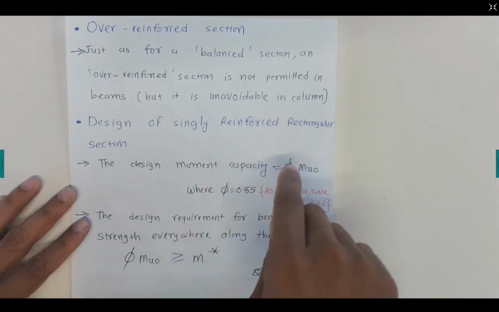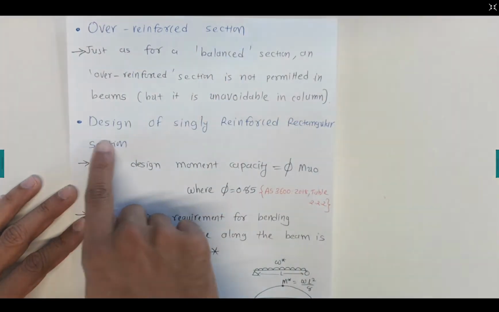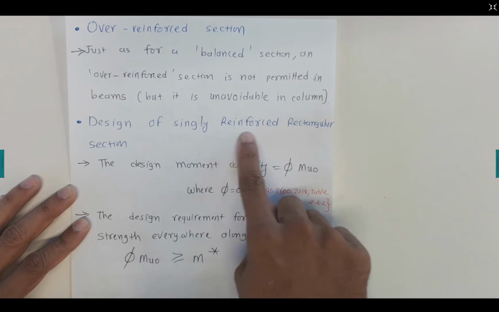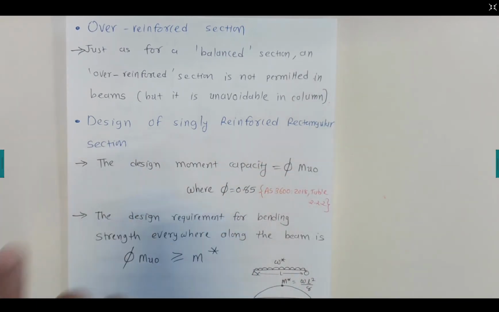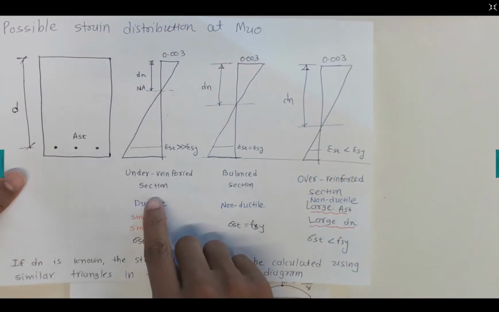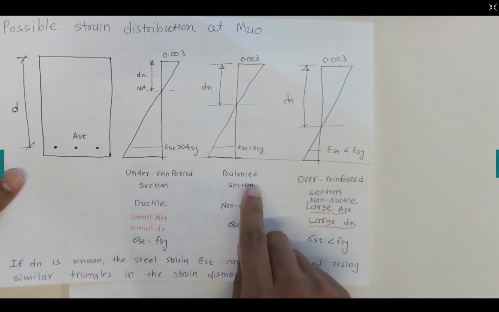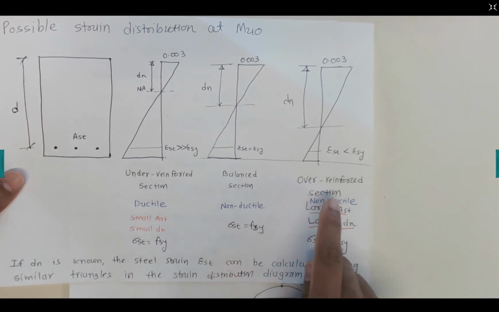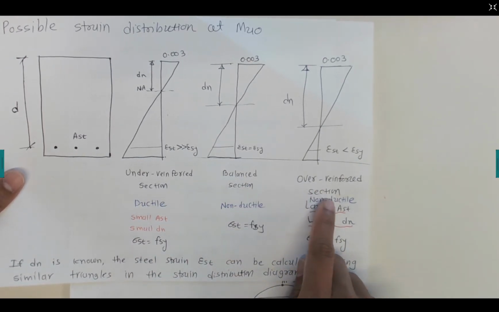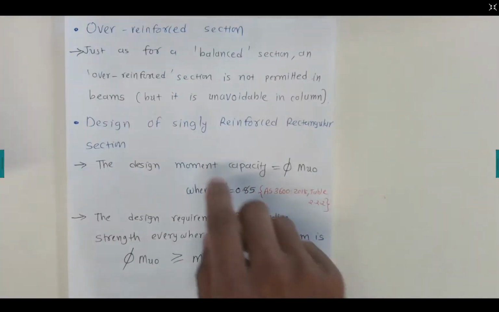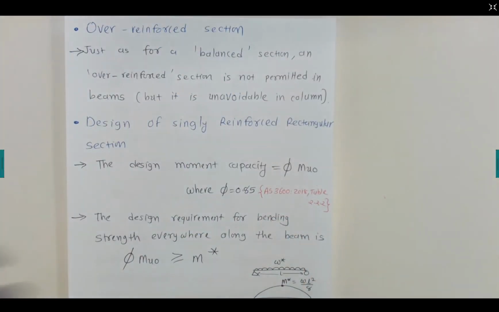Now this video explains the over-reinforced section and the design of singly reinforced rectangular sections. For over-reinforced sections, we talked about the moment capacity of under-reinforced sections and the balanced section in the previous video. Now we just talk about over-reinforced sections, and then we move on to the design of singly reinforced rectangular